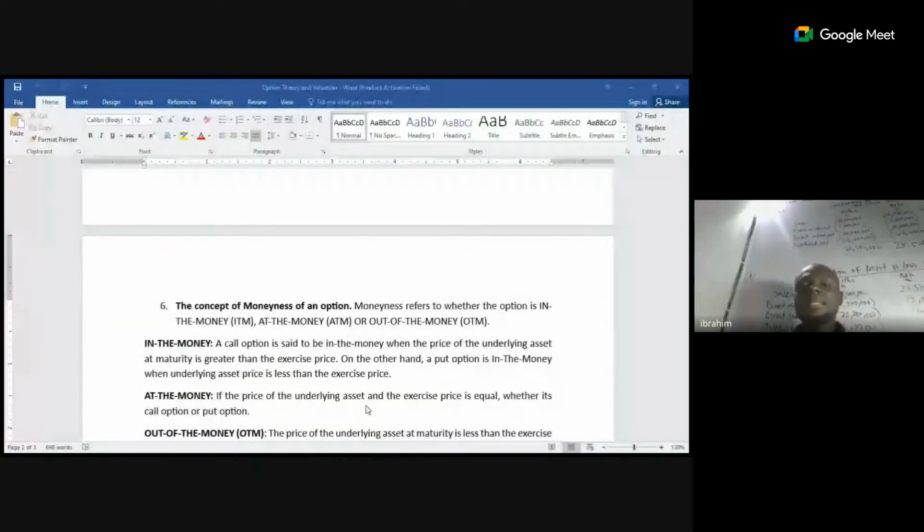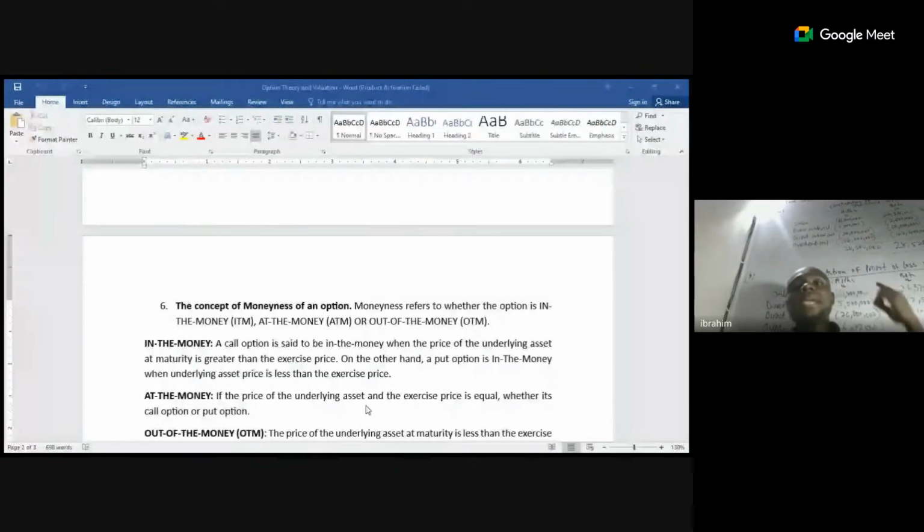Then, as at the date of maturity, what is the underlying asset price? You exercise your price to be 50 naira, to say you buy this in the option market at 50 naira. Then at the date of maturity, which is December, when you are planning to cash out, you still have the market price as at then, maybe it's still 30 naira. Class, can you see? They are at par, whether it is call or put option. So you can say Mr. Peter is at the money.